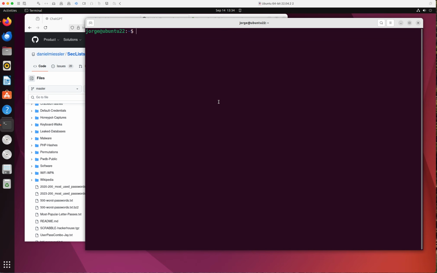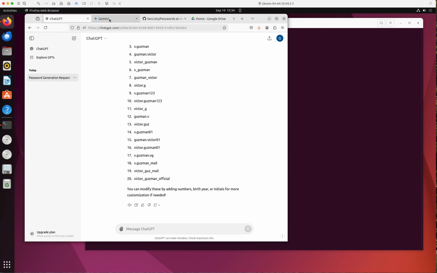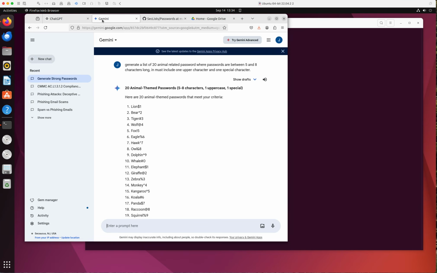And that's what we in security have been doing for years, right? We've been using tools, downloading tools, compiling tools, and creating our tool set that we could use for the job. But now with AI, like ChatGPT and Google Gemini, you can also create your password list depending on the